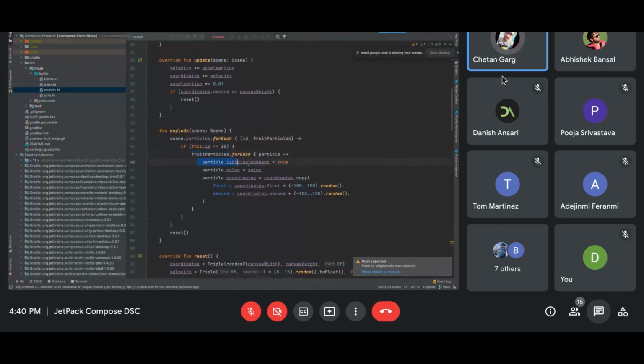That's the flag to reset the particle system to a new coordinate system. It won't be true immediately, because the second frame will take a delay to reset the position and show the explosion particle at a different position.